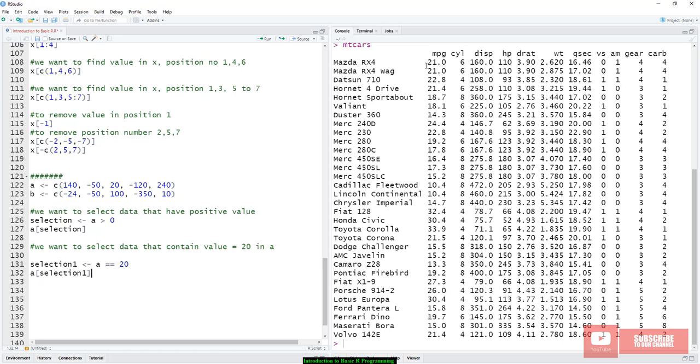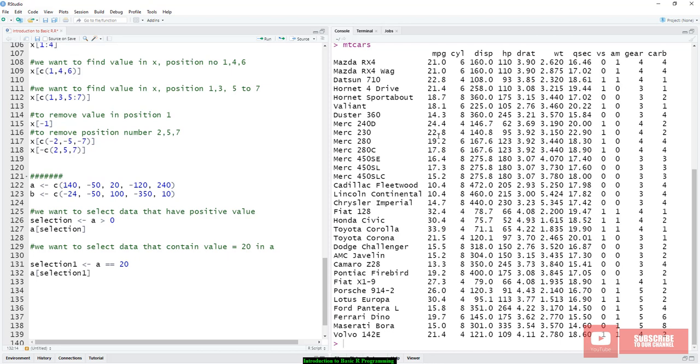We want to select value of mpg more than... Earlier we already saw how to do more than 20, so it's basically the same concept. Let's say we want to select value more than 20